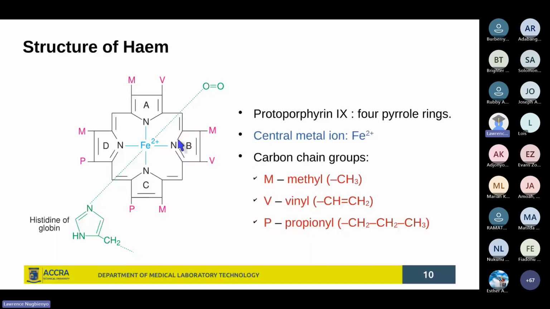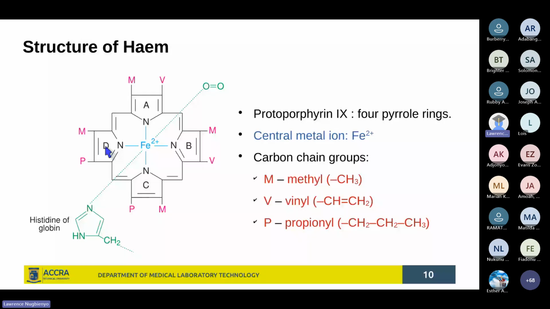So that is the second pyrrole. C, you take a look at the nitrogen, and you see that nitrogen is also in a 5-sided ring. So that is the third pyrrole. And D, same thing, the nitrogen is in a 5-sided ring, the fourth pyrrole. So 4 pyrroles